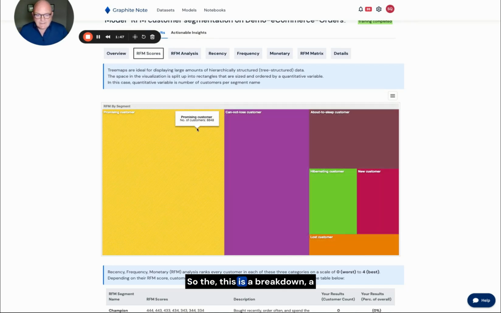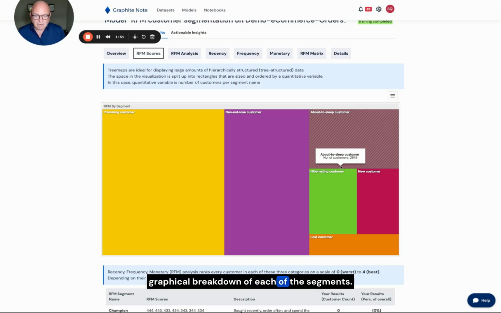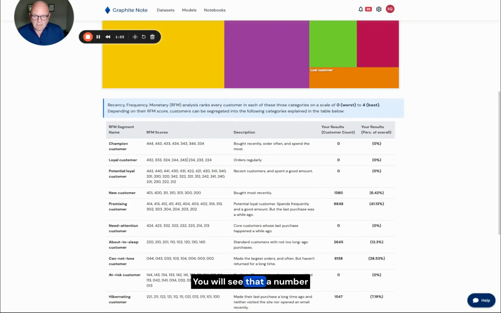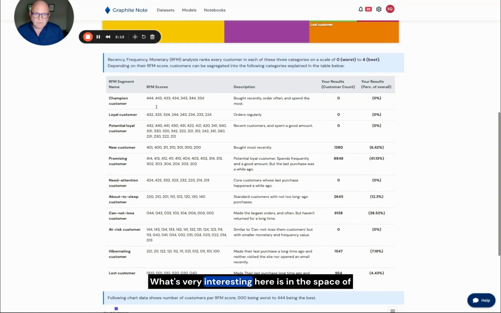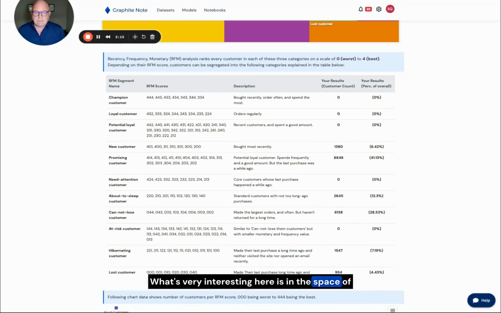So this is a graphical breakdown of each of the segments. You'll see that a number of segments here have been created. The champion customer scores 444, 443, so you can see the various combinations based on that ranking from 0 to 4 based on recency of purchase, how often they purchase, and the monetary value. What's very interesting here is in the space of a few minutes, we've taken raw transaction data and